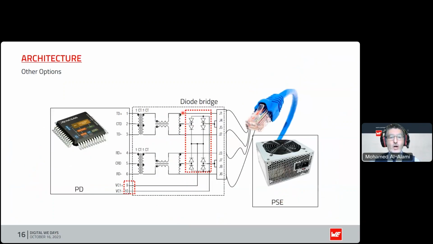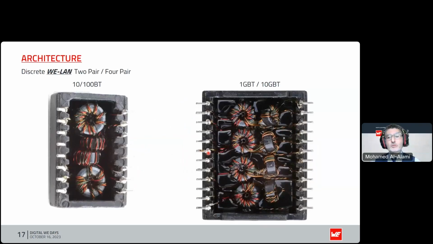So that's one option. Another option as well that you see in some of these RJ45 LAN transformers with magnetics built in is you also have the bridge rectifier built within the actual RJ45. It gets very busy in there, but that's also something that stops you from having to add an extra bridge rectifier external to the unit. So it's integrated or embedded within. That's an option.